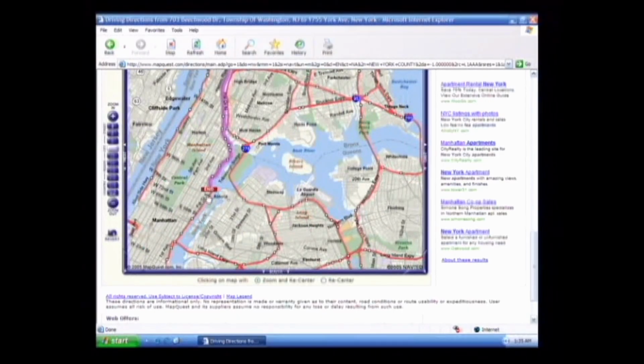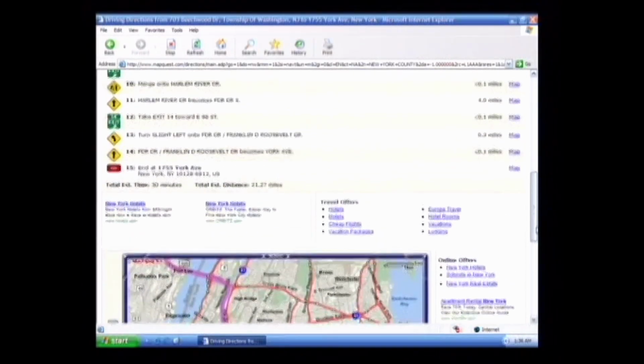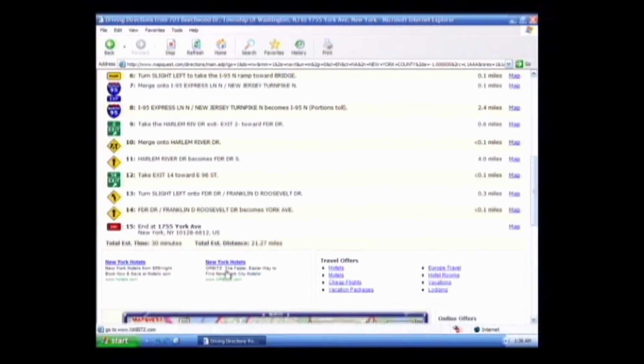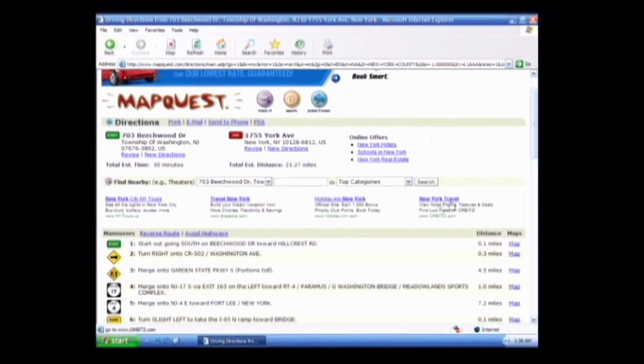There we go. Now, MapQuest also tries to give you a lot of different offers, things that might interest you in the area, like the Holiday Inn in New York,